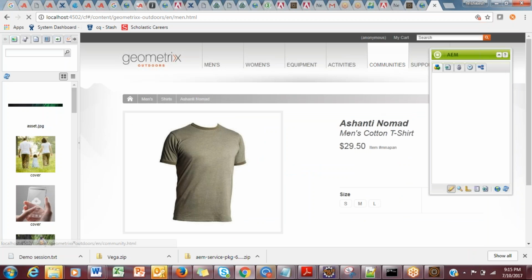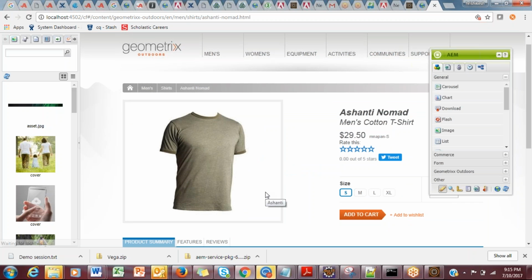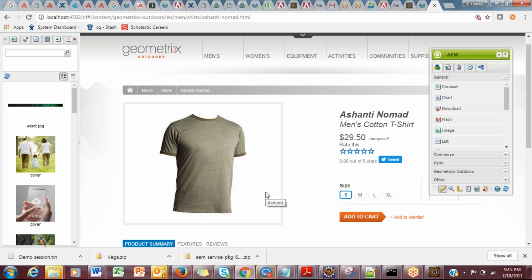Okay. You see, basically it's making a backend call to my e-commerce system. By default, I'm on Elastic Path. I'm integrated with Elastic Path. You could integrate with any e-commerce system.